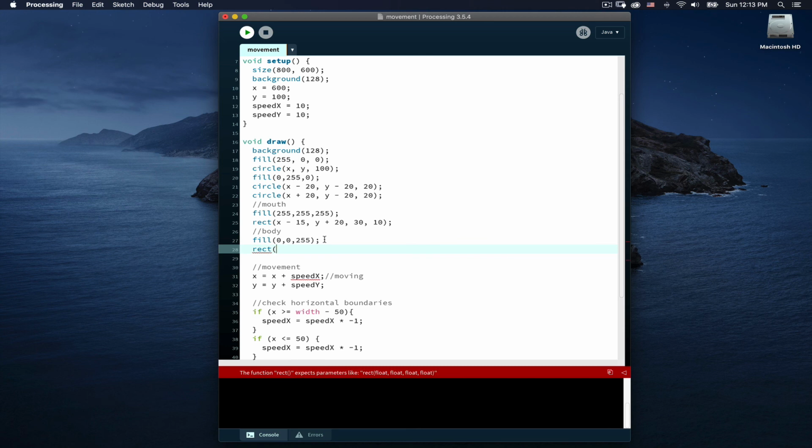So I'll fill the body with blue, and I'm going to draw a rect. Now for this rect, I'm going to make it just as wide as the body, so I don't have to mess with the horizontal part, but it is going to be a vertical shift, so we will have to go in and modify when we hit the bottom of the screen to keep this all the way on, as we will see in a little bit. So with this, it means I will start out at x minus 50, and my y is going to be plus 50, and I will then make this 100 pixels wide and 200 pixels tall. Now if we run this,